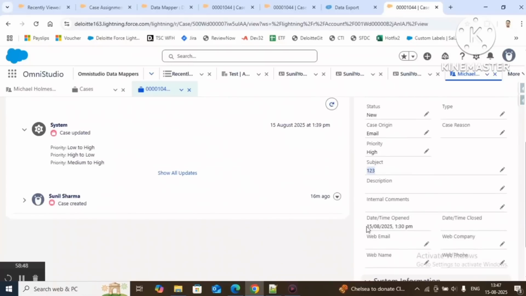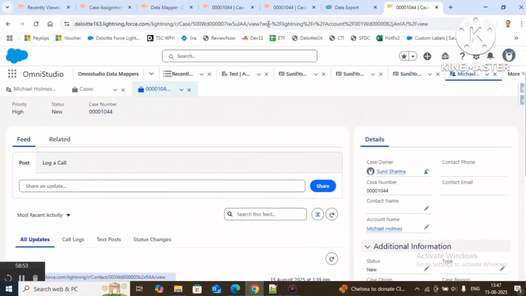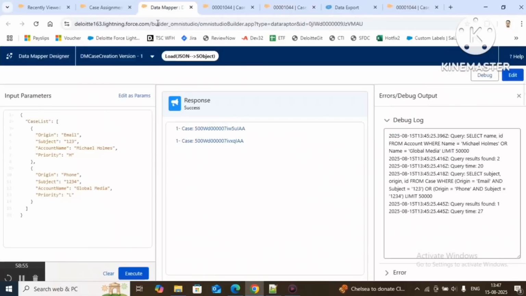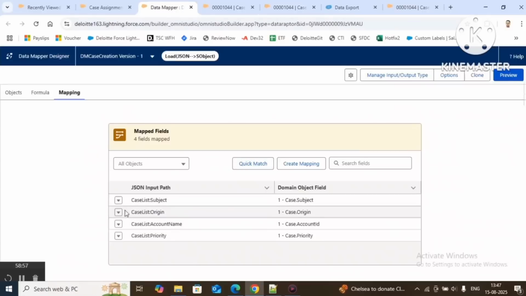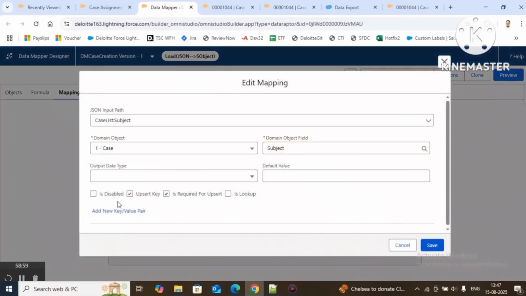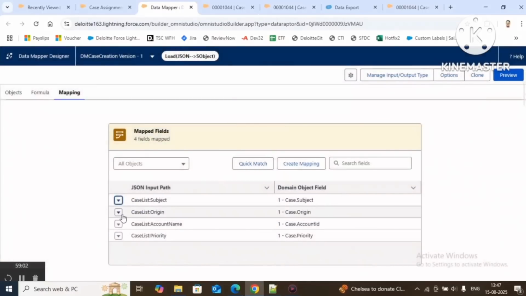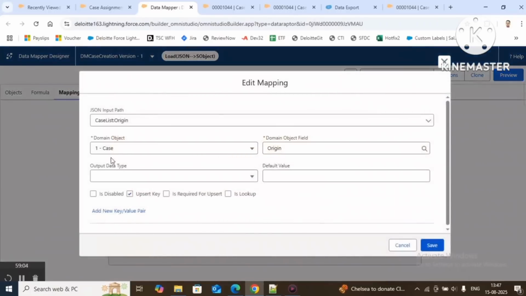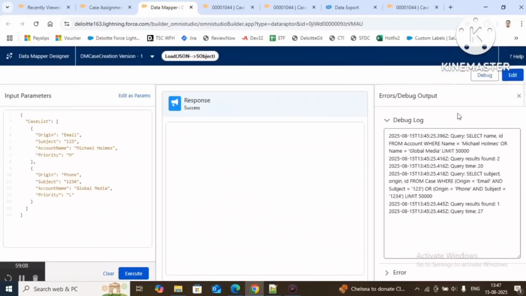It shows 15th at 1:30 because in our mapping we selected the upsert key at the start. So first it performs the SQL. If the record is available, it will update the record; otherwise it will create the record. So everything we have learned: insert, upsert, and now